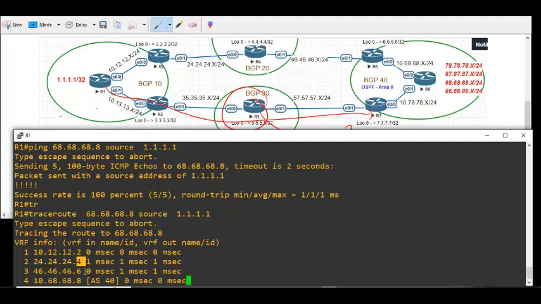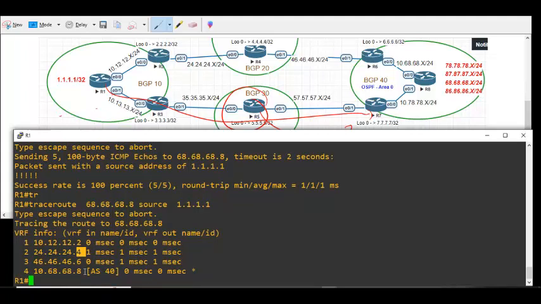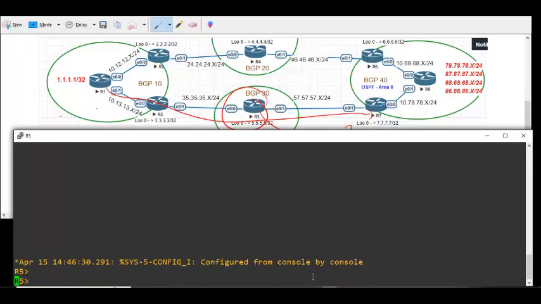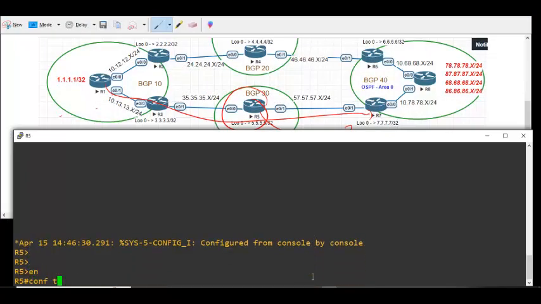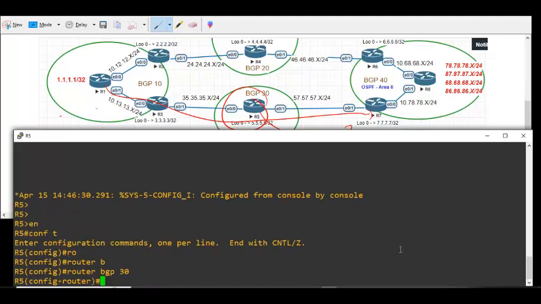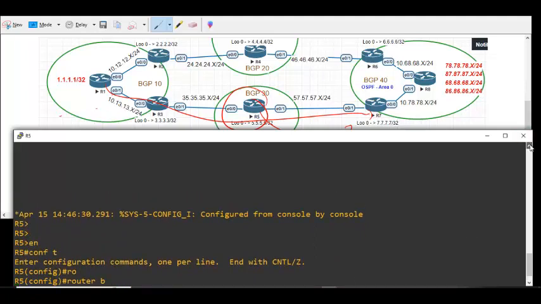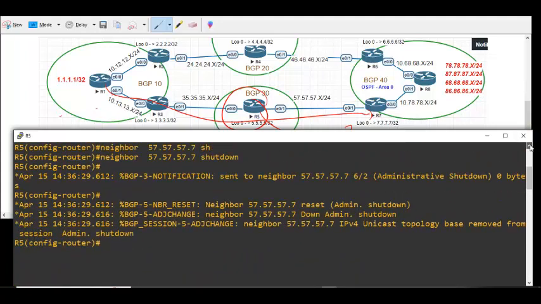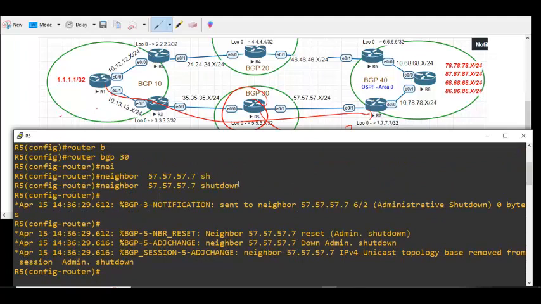Now let us unshut that on R5. Router BGP 30. See, earlier I shut down here. Do you see that? I'm going to say no in front of that line. This is how we unshut. After bringing this up,